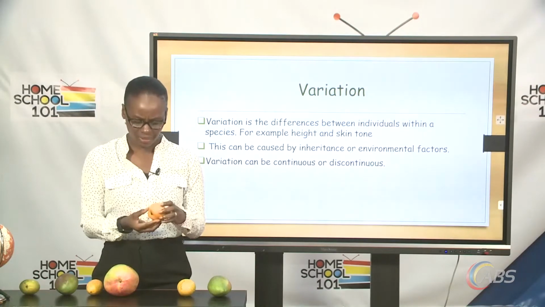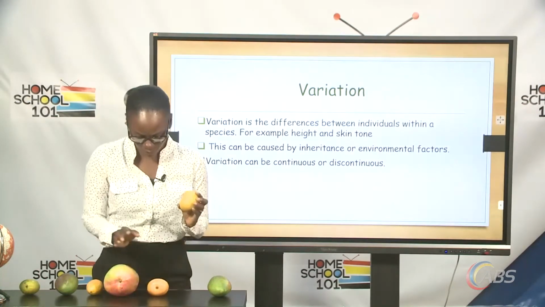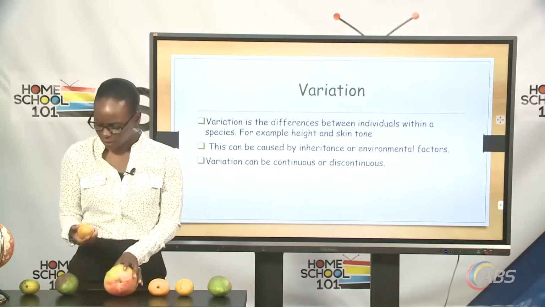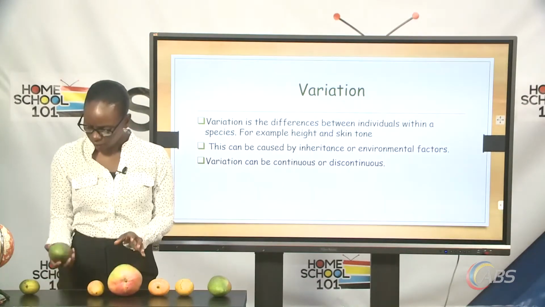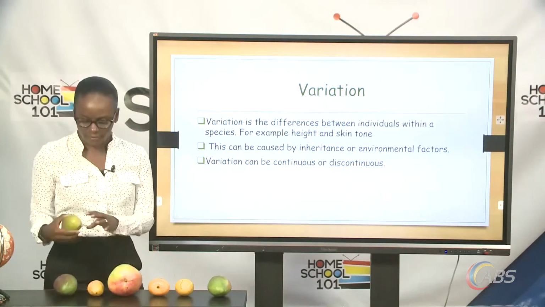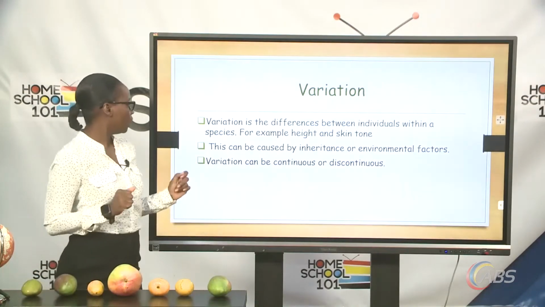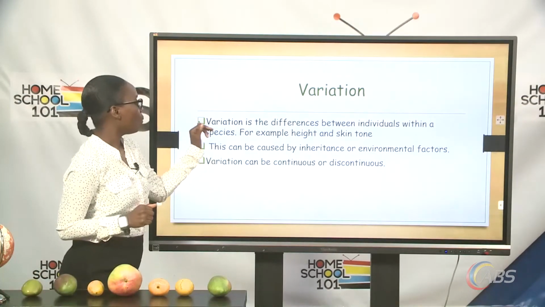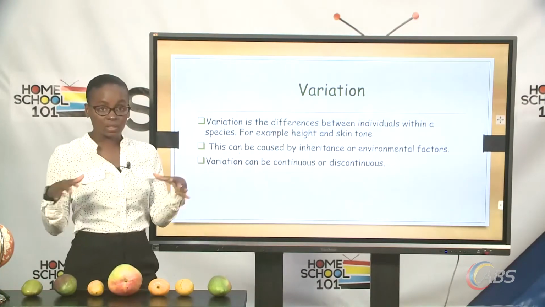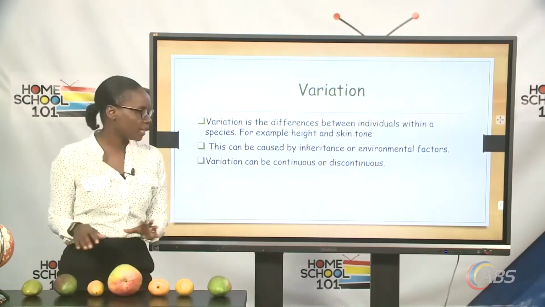It's very, I don't know what shape you would call that. This one is different. This one is large. This one is, I think, a kidney, a little rounder. And this one is shaped almost like a little square. All right. Now, variation can be seen in individuals, not only in the fruits that I have on the table